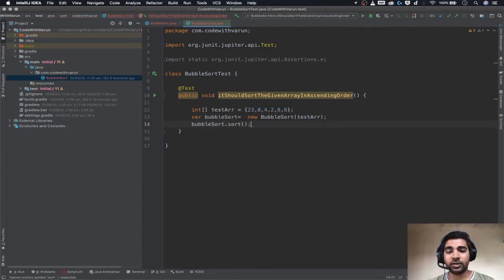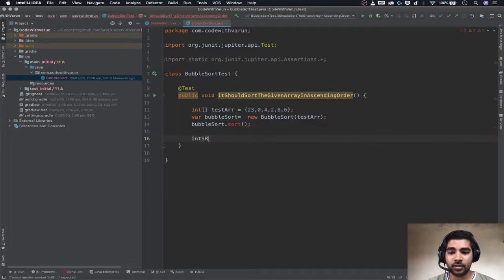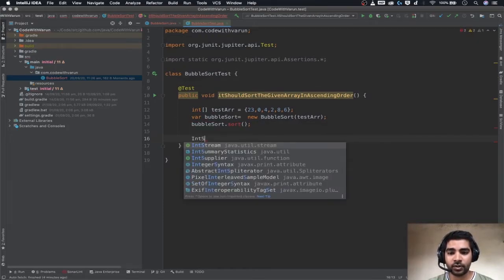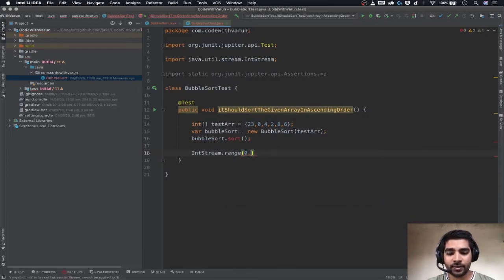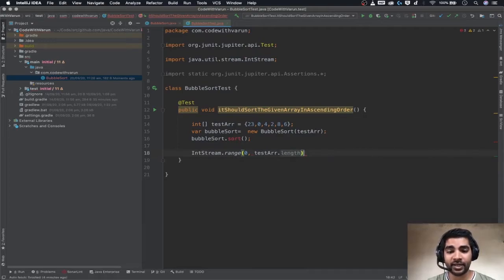Then we'll call the sort method inside our BubbleSort class. This method will basically sort the given test array. And how can we assert if the array has been sorted or not? For that we will have to iterate over the array. So we do that with the range method. We will start with the 0th index and we'll go till the length of the array,